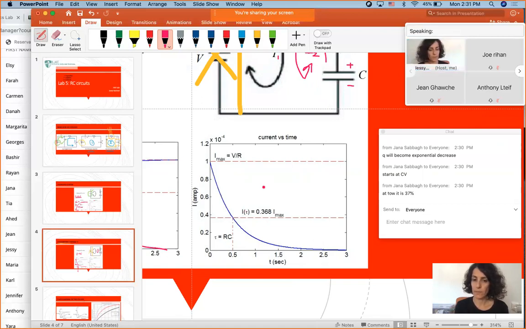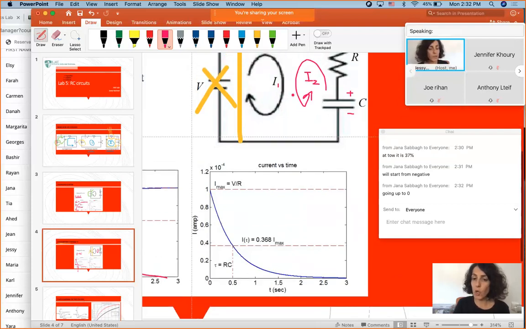It would be increasing from negative. You mean decreasing from negative in absolute value, right? Yes, it's decreasing in absolute value. All right, so the current is very high at the beginning and goes to 0 as the capacitor is emptying itself. But since the current flow is opposite, I will simply put -1, -0.8, -0.6, just to say it's opposite